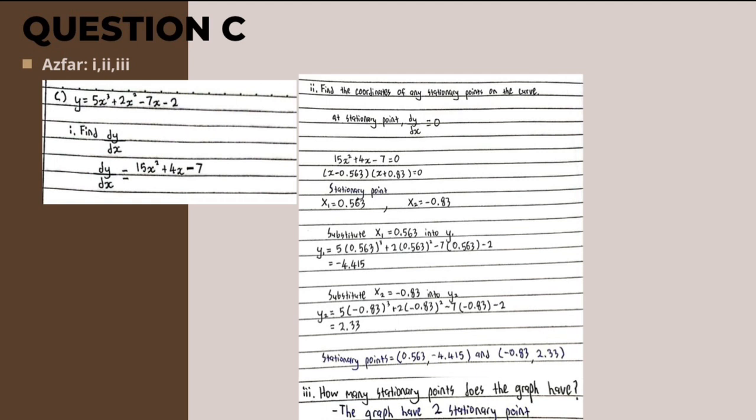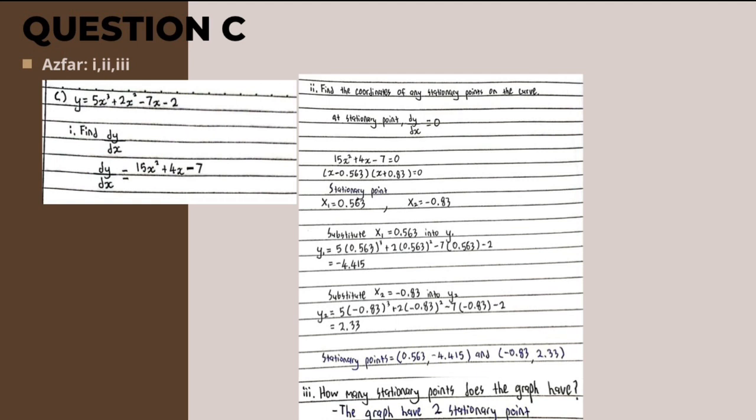So power of 3 times 5, we get 15. Power of 3 minus 1, we get power of 2. Same concept for 4x and minus 7. Power of 2 times 2, we get 4. So power of 2 minus 1, we get x. So next,